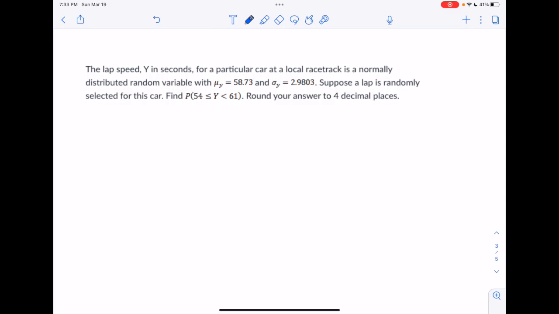The lap speed y in seconds for a particular car at a local racetrack is a normally distributed random variable with mu of y equal to 58.73 and sigma of y equal to 2.9803. Suppose a lap is randomly selected for this car. Find the probability that 54 is less than or equal to y is less than 61, and round your answer to 4 decimal places. So the first thing is, in the interest of giving help but not answers, we're going